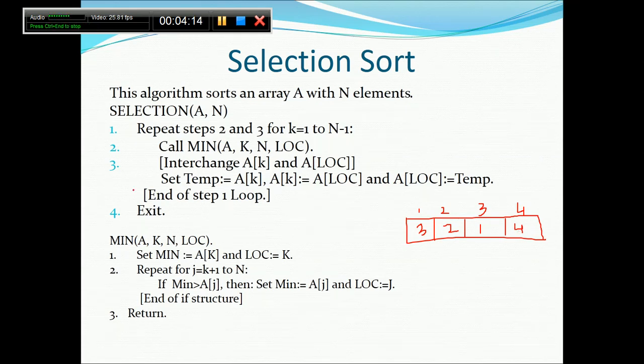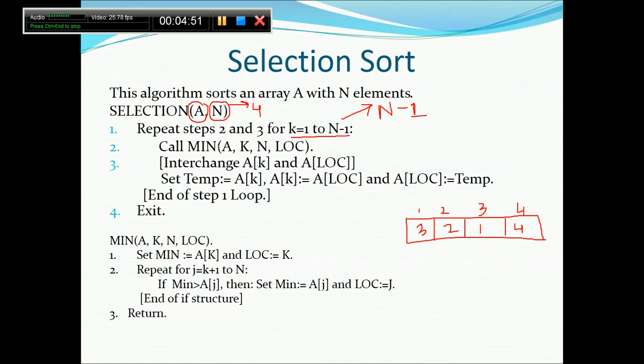Selection sort A comma n, and see this is the function minimum that has to be called when we want to find the minimum from the rest of the array. Now in selection sort A, n, A is the name of the array and n is the number of elements present. So for our case n would be 4. I already said it has to run n minus 1 iterations. You can see the k value is running from 1 to n minus 1, that is n minus 1 iterations are required, as I have already said.